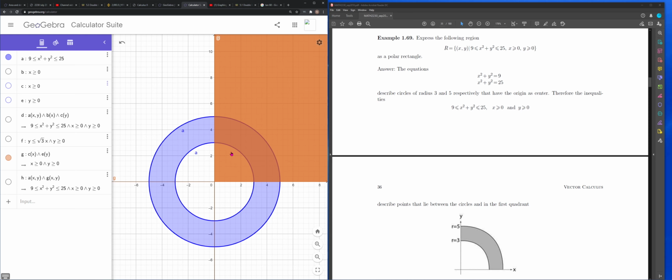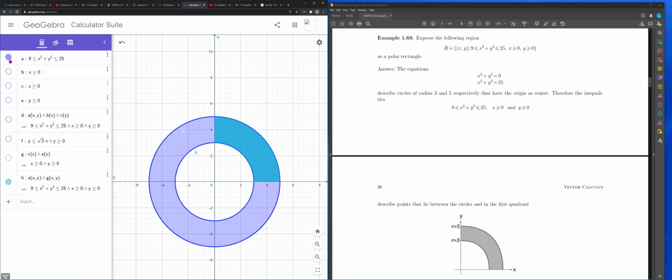So your answer would be this annulus over here, but where it intersects the first quadrant, where x is bigger than or equal to 0 and y is bigger than or equal to 0. So your answer would in fact be this blue area over here. Now, if you want to express this as a polar rectangle, you'd first want to